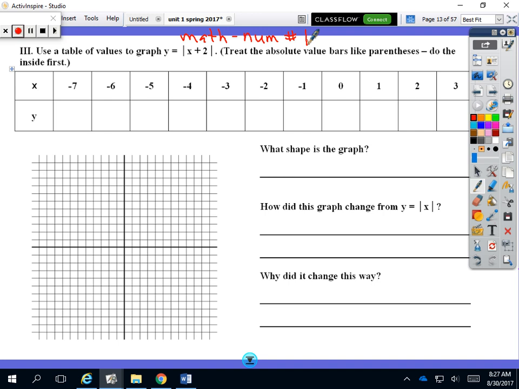Remember from yesterday, when you have both of them on the screen, you would go to mode, arrow down to I think the 9th line, and highlight graph table, press enter, and then go back, press graph, and you should see both the table and the graph. So this one is -7. So for this one, when x is -7, y will be 5. And if you just pull these numbers off your table in your calculator,